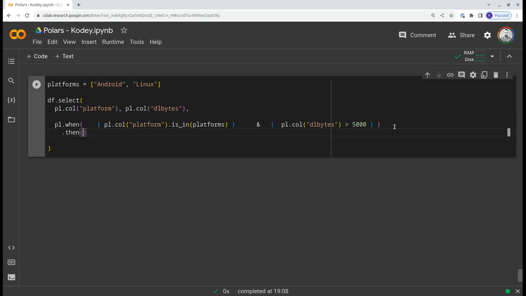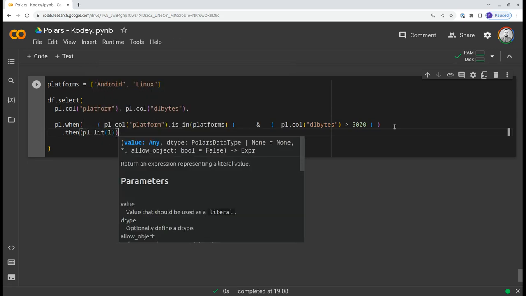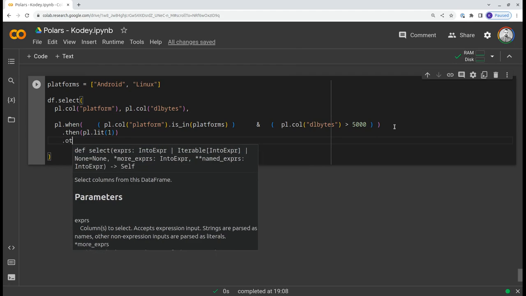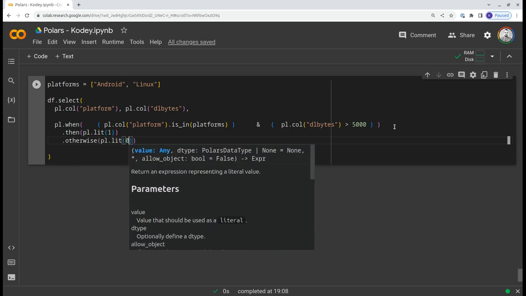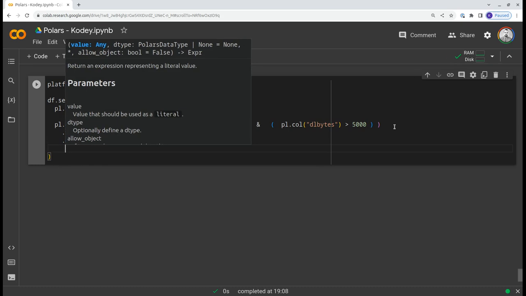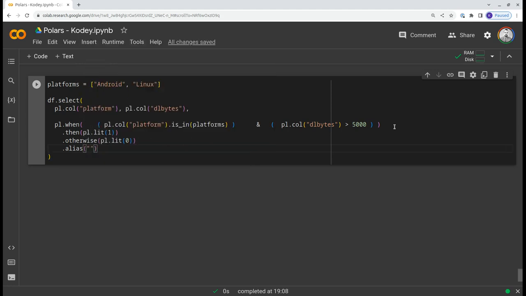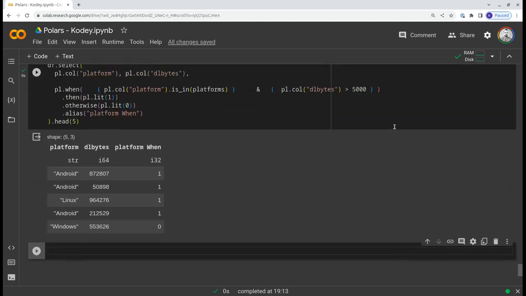So we're going to do then, we're going to have the literal result of 1. It's simply going to be 1, and otherwise we're going to just do 0. So it's going to return a 0. And the final thing we need to do is, of course, set our alias. So our alias is going to be platform when, and then we'll do our head of 5 rows. So when we run that, we now get